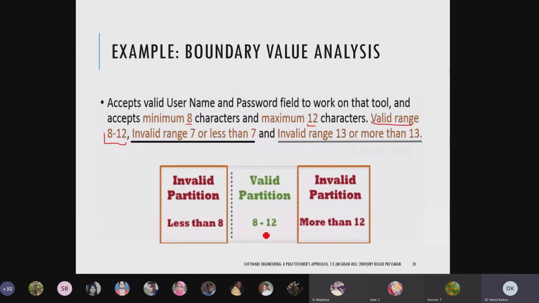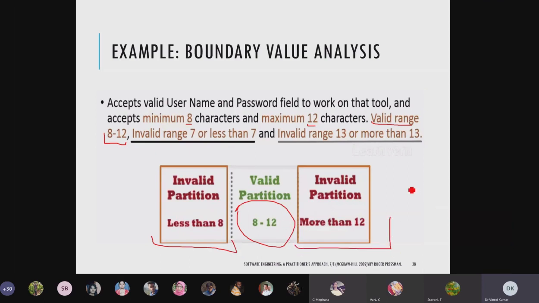So I will make the partitions here. My username or password, whatever I am choosing, is it falling in this range or not? If not, then it should say invalid. So this partition we did in these boundaries.